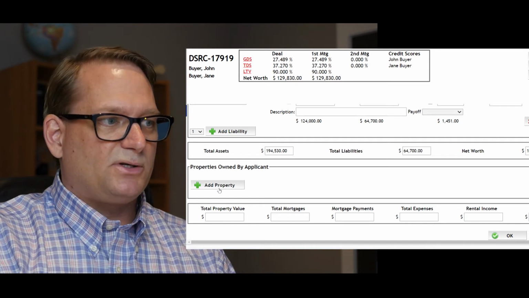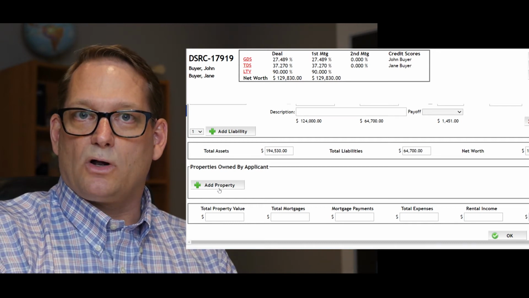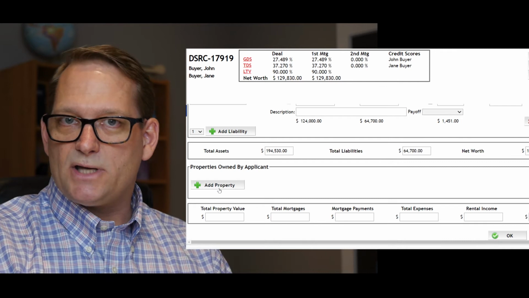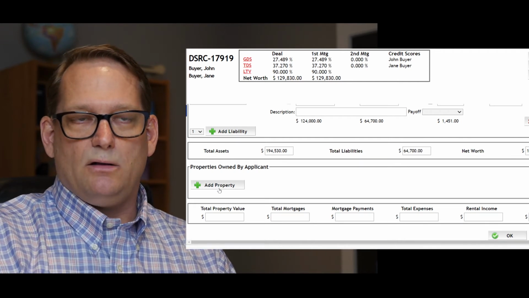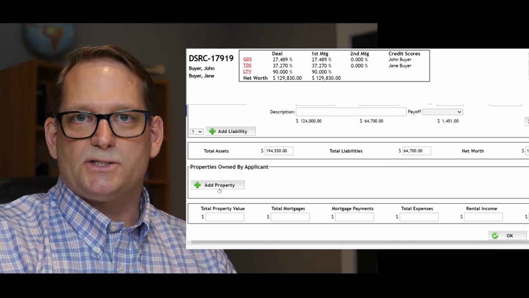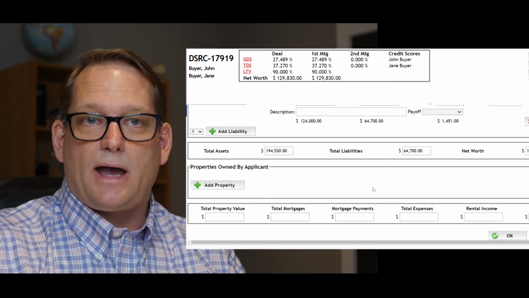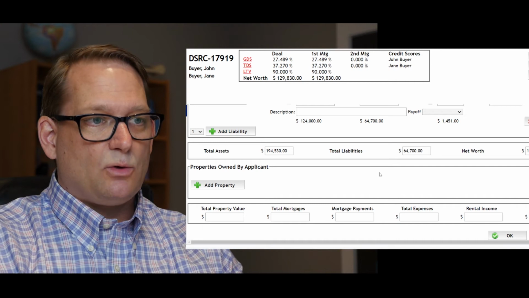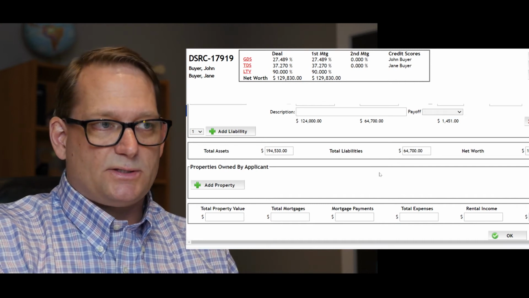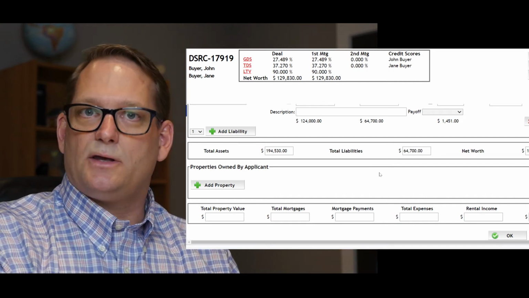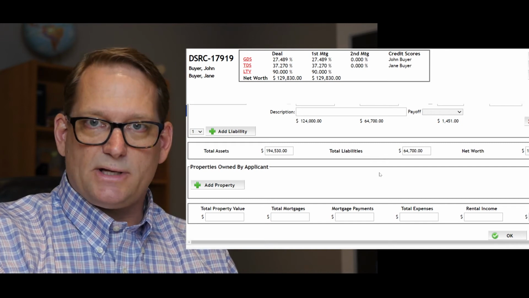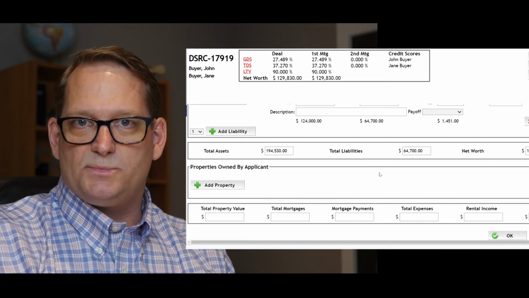Or let's say if they purchased a lot property for a cottage, we have to use the property taxes on that cottage property as well to disclose to the lender they've got some additional debt. So that's the basics when it comes to the application on this side of things. It outlines the clients themselves, their employment history and their residential history, their assets and their debts. That's kind of the nuts and bolts when it comes to the application.